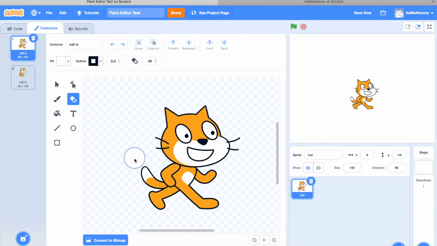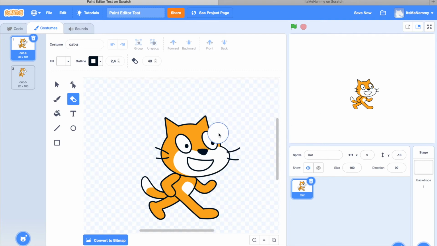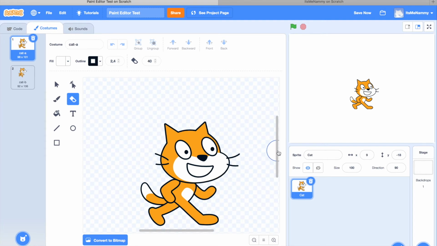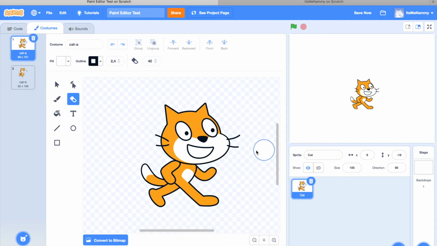A paint editor means editing something with paint. So if you've ever used Microsoft Paint before, where you can basically draw things, just think of this as a coloring tool. These are all coloring tools that you can use however you want. So click on this mouse symbol. Let's see what this does. If you have this mouse symbol selected and it's all blue in the corners,